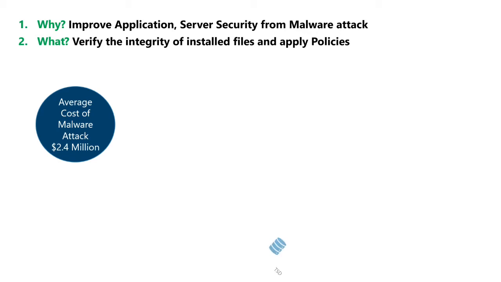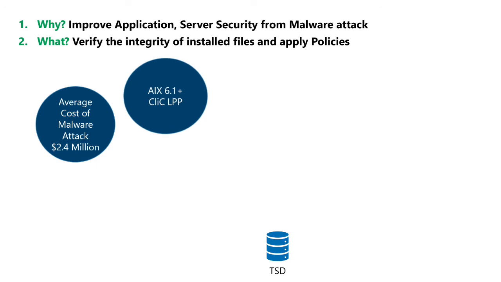The trusted execution capability creates a trusted signature database, or TSD, that has the record of all trusted files. It is used to check the integrity of a trusted command. You can integrate any application, database, or middleware with trusted execution by simply adding a new command to the TSD. Based on policy, the TSD may disallow a command from executing.